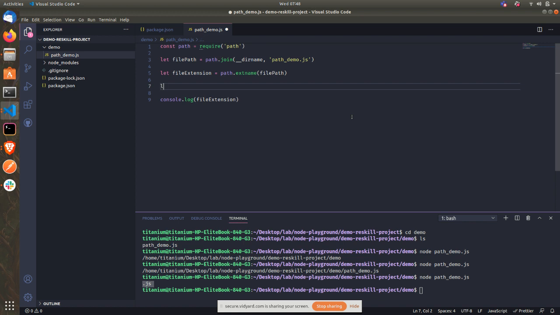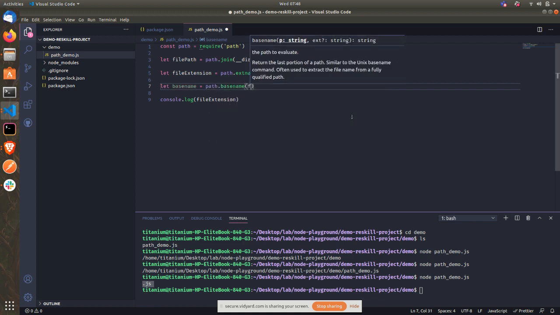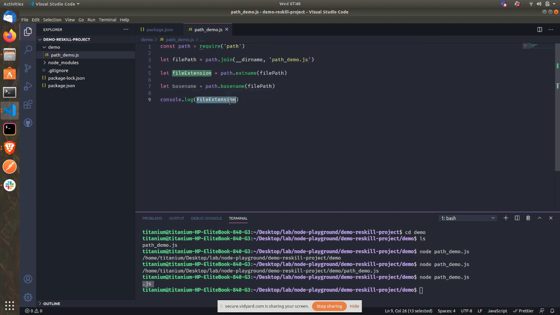We could also see the base name. So let's say base name equals path.basename, and you pass in the file path. So let's say console.log the base name. Then if you run this again, it gives us path demo.js, which is just the name of this file itself. So these are some useful methods worthy of note when working with file path and